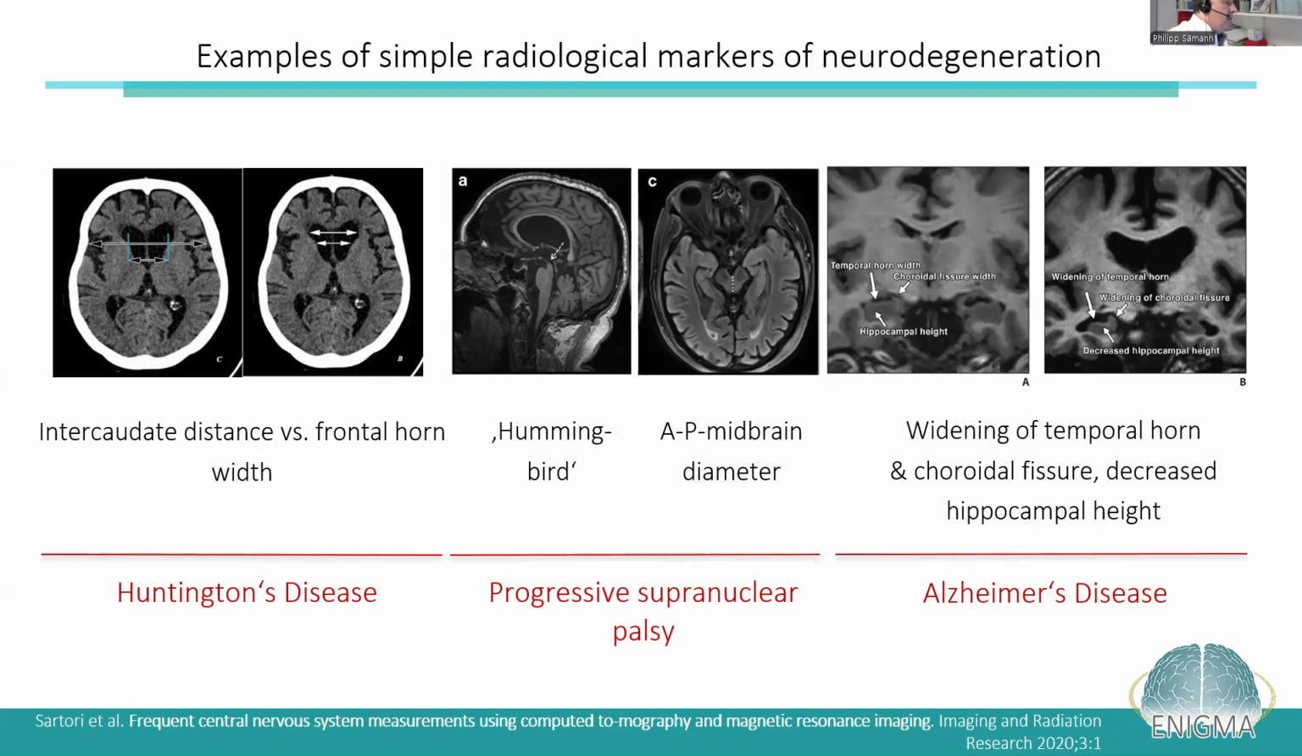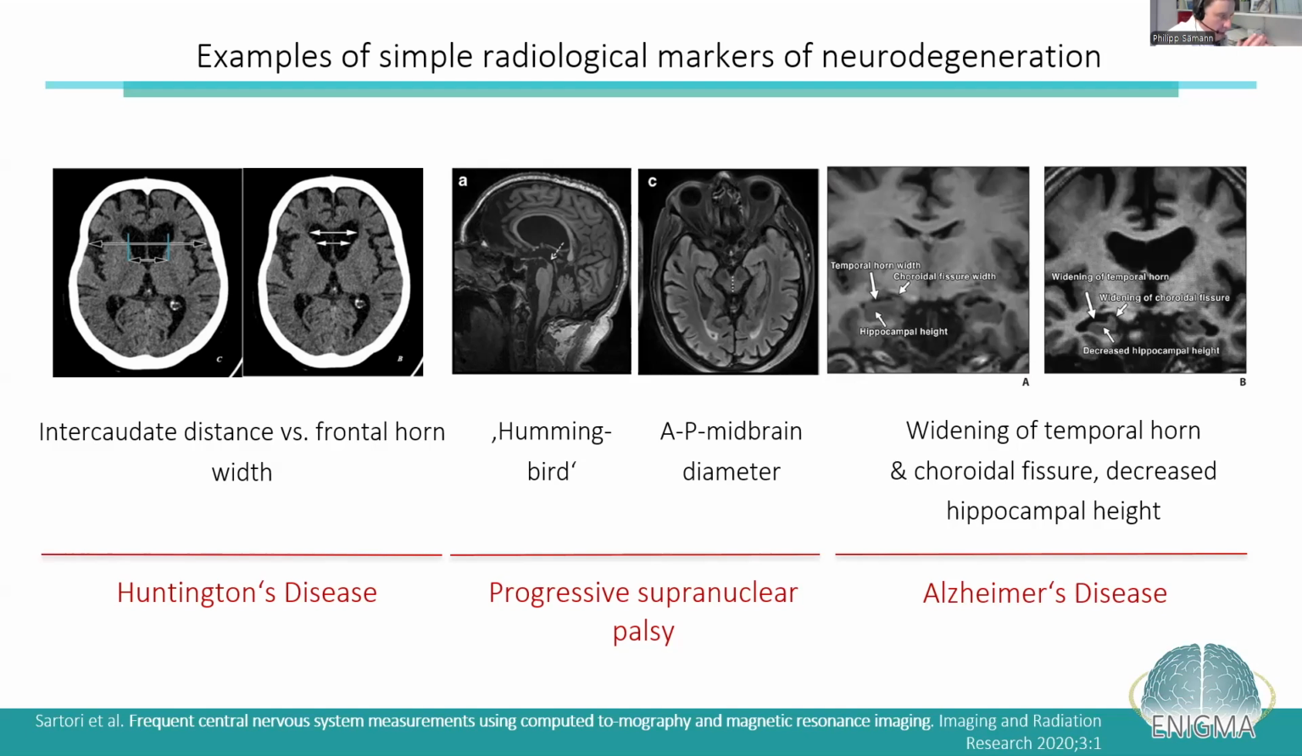So on the left side, you can see an example of a Huntington's disease patient. This disease is characterized by a specific loss of volume starting in the caudate nucleus. And by calculating a ratio between the distance between these caudate nuclei and the edges of the frontal ventricular spaces, one can estimate if there's a specific volume loss of the caudate nuclei. So this is a simple technique, and it's quite sensitive to at least the more advanced stages of the Huntington's